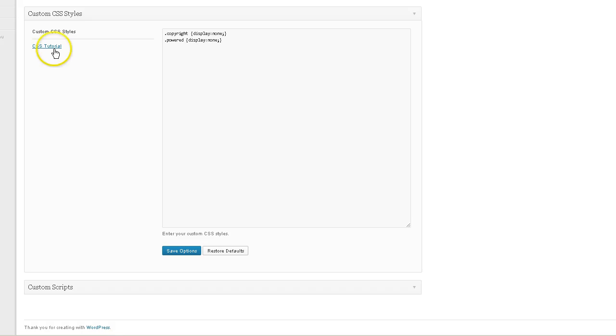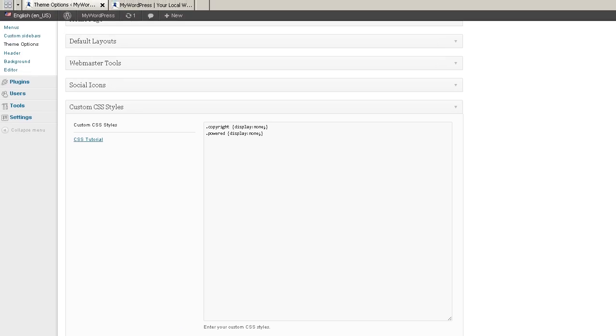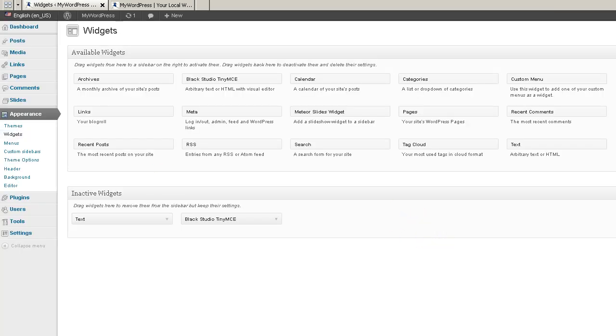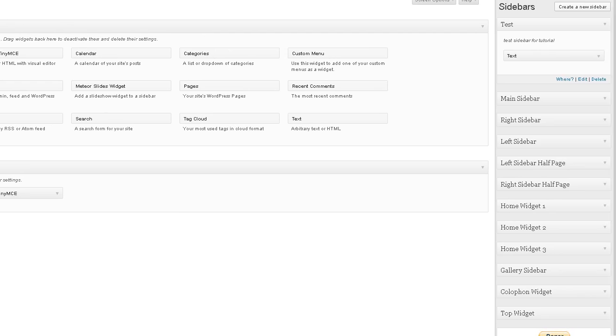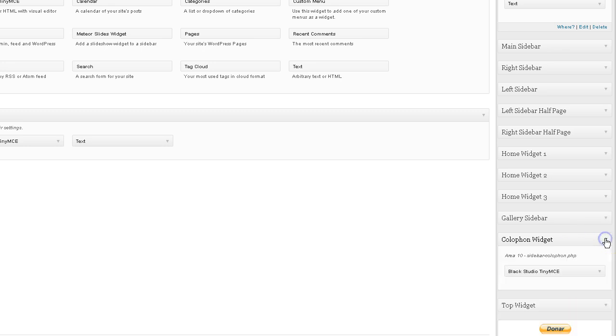Well, one thing we can do is replace that whole section with the widget that comes with the responsive theme. And we want to go to Appearance and Widgets, and then we want to take a look at the colophon widget. The colophon widget is a widget that is in area 10, which is located beneath your home widgets 1, 2, and 3. And so in essence we're going to use this to replace the footer